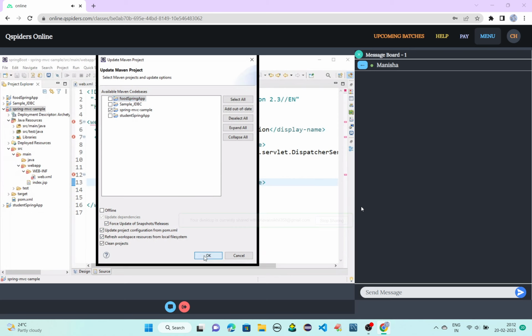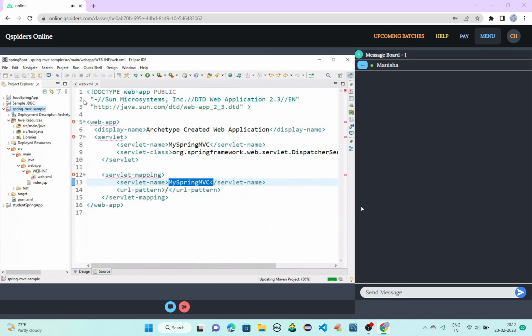I'll share the dependency in the group with you, so you can also do it along with me.